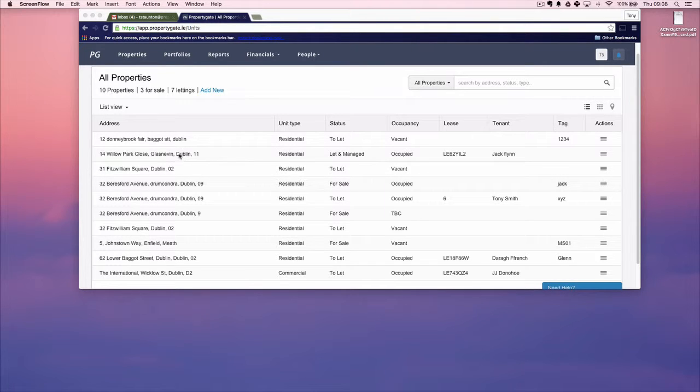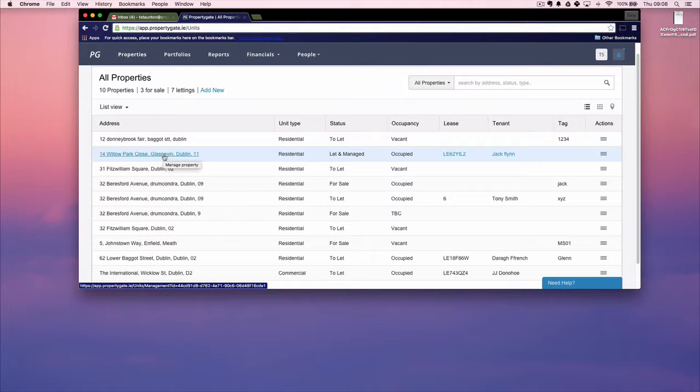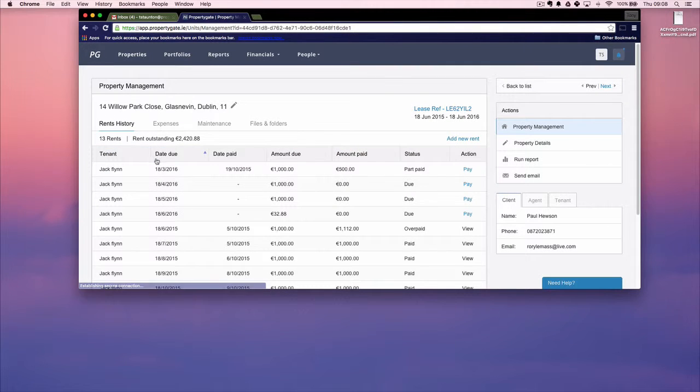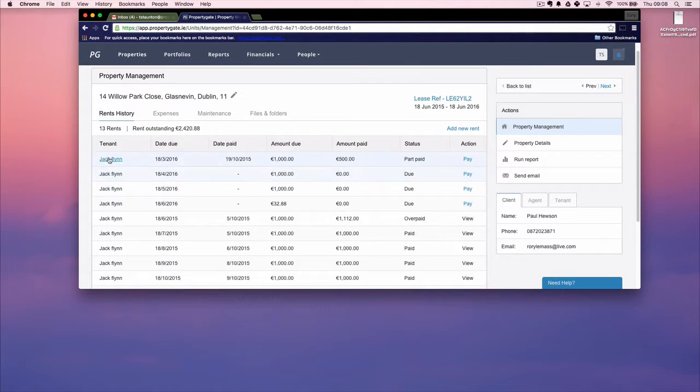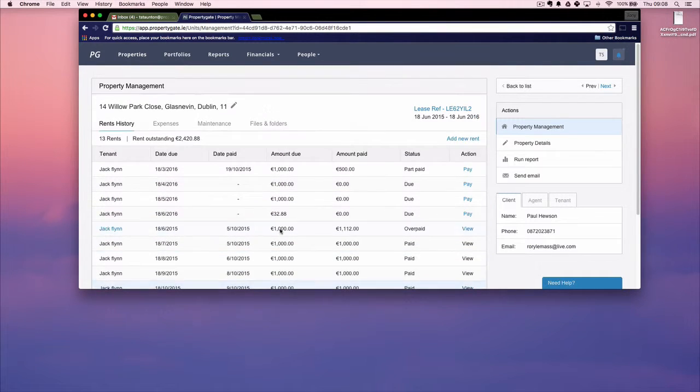So to do that, you click on the property that you want to edit, click on the property address, you are brought into the property management section. So you can see here the address, you can see the tenant name, and beside that you can see all the rent payments that are due for this tenant. So if you want to remove the tenant from the property, you click on the lease reference details in the right hand side of the screen,